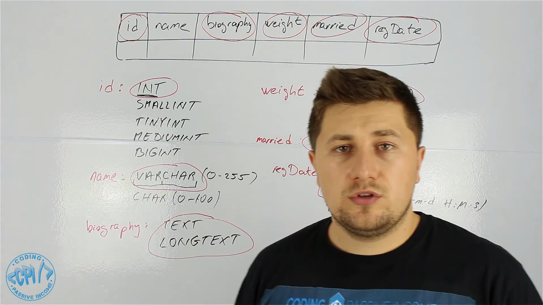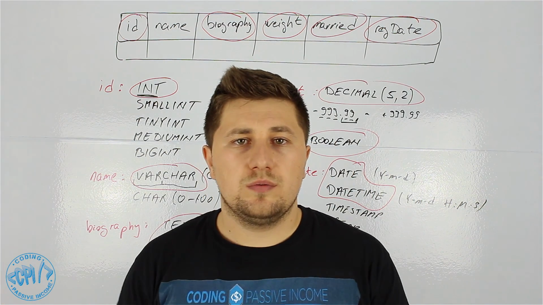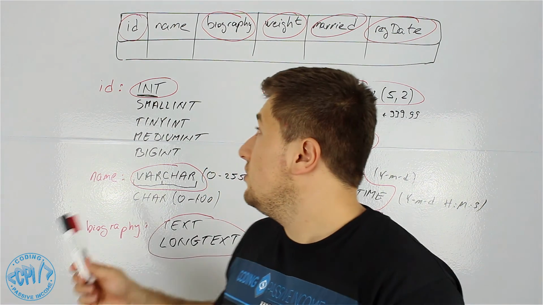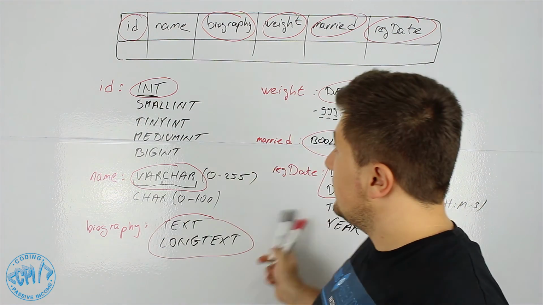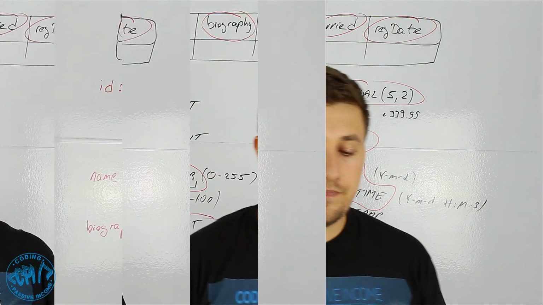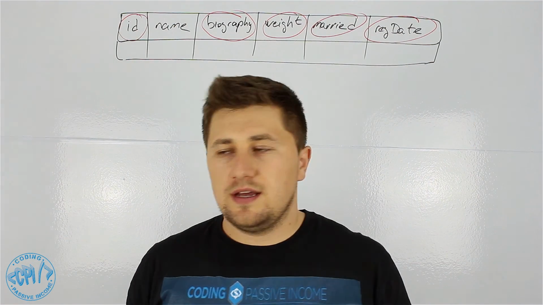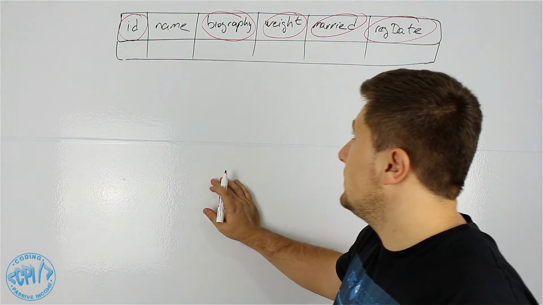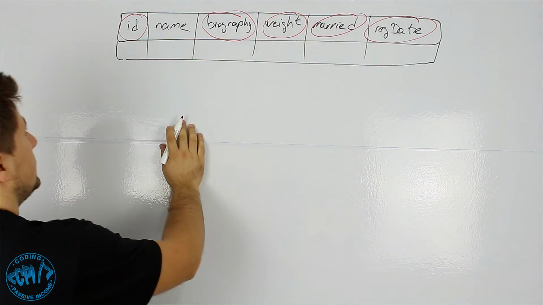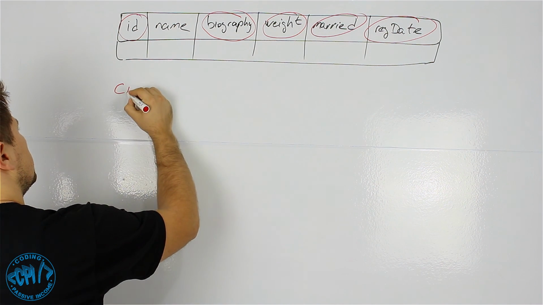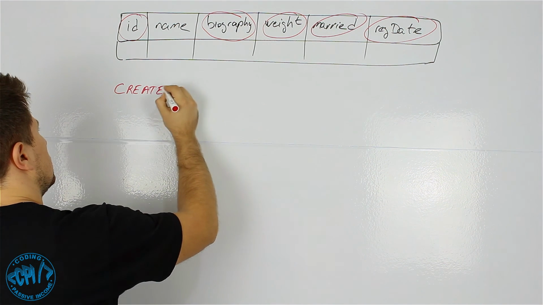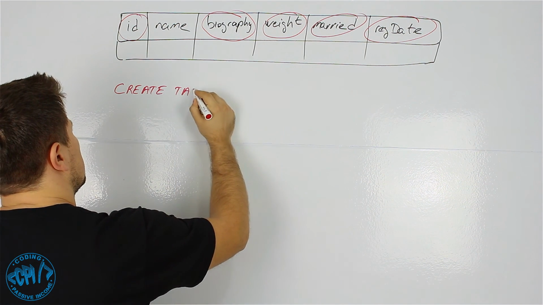So now I'm going to clean this whiteboard, and I'm going to show you how to write the SQL command that we will use, using those data types, to create this table inside some database. So now, once you know the basic data types, I'm going to write the command that will create the exact same table. So the command is create table,